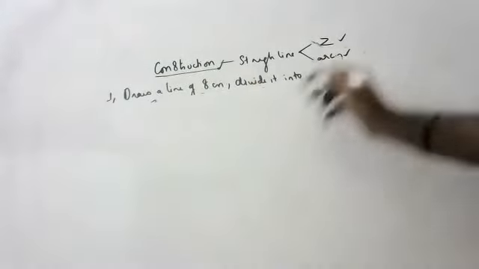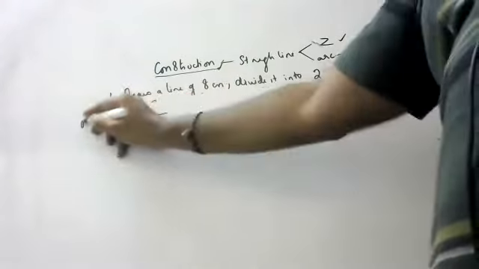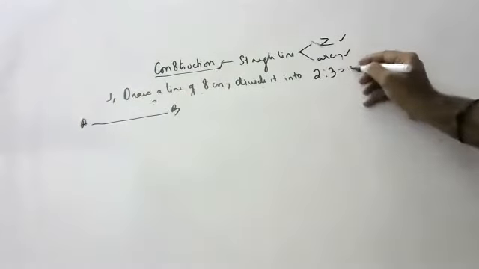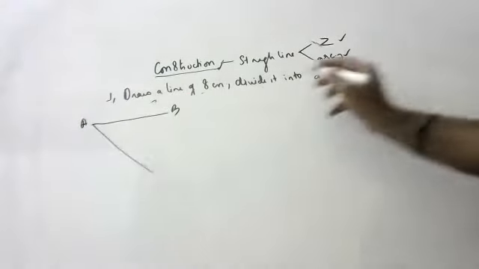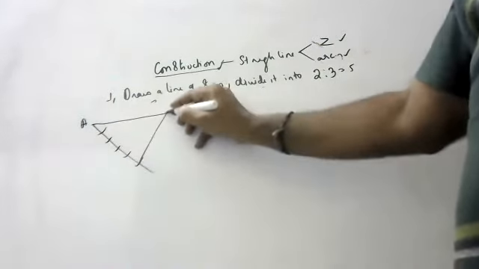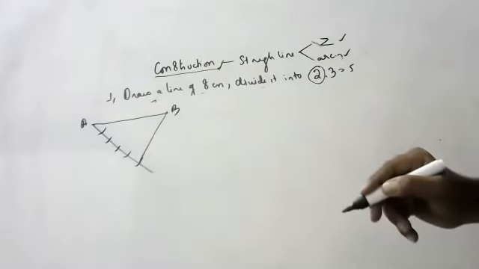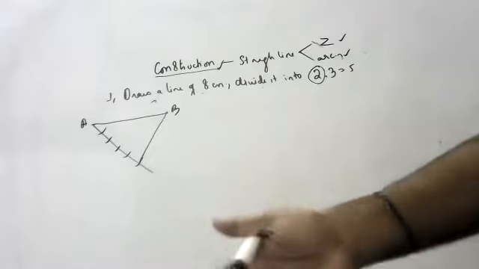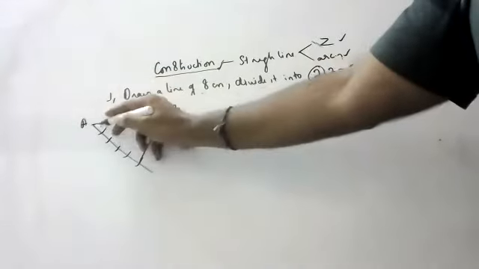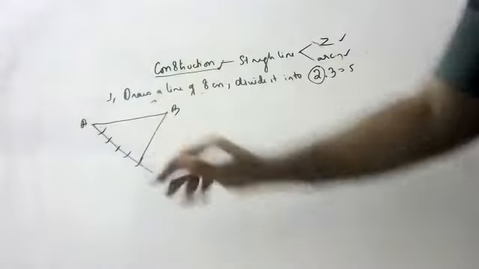Okay, so for 8 centimeters, when they asked 2:3, what did you do in the normal method, children? You took A and B. Okay, 2 plus 3 is 5, and you drew a line. 2 plus 3, 5 means 1, 2, 3, 4, 5. The fifth line you will join for the denominator. Acute angle, any angle, they won't ask you about this angle. Just take one line, that's all. No need to take any particular angle, just draw one line down, that's all.